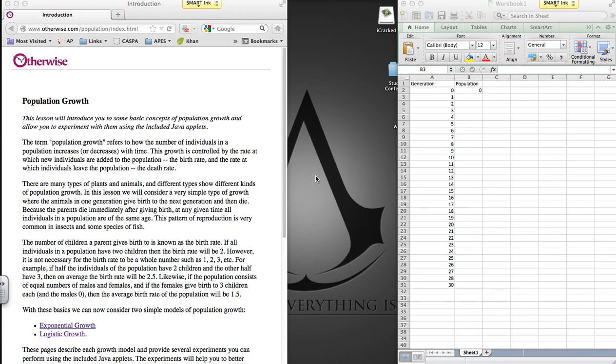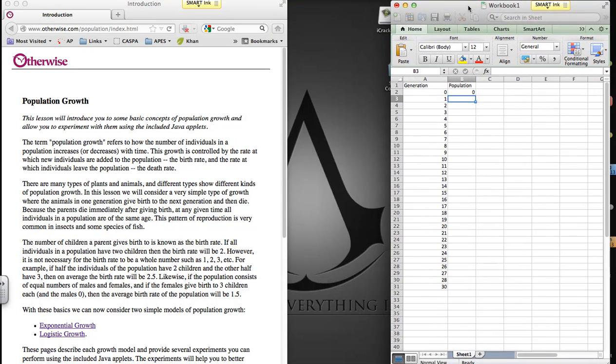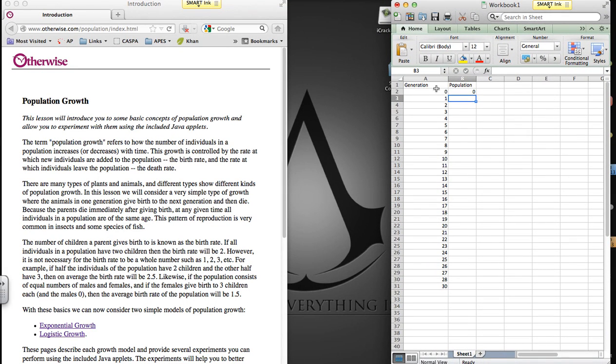Hey you guys, so I know most of you are having trouble making the graph. So what you need to do is probably open up an Excel sheet like I have here. And I already told you to start typing in your generations somewhere. If you're not using Excel, if you're doing this by hand, make sure you write maybe